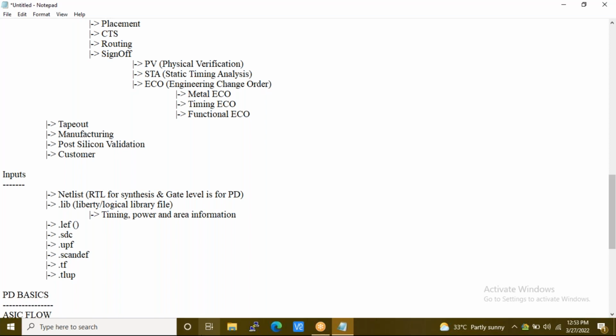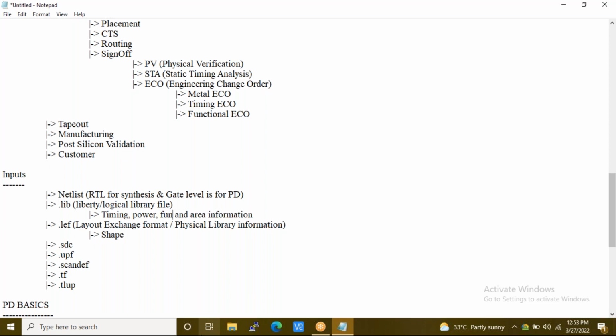LEF is also called Layout Exchange Format, which is also called physical library info. Here you will have timing, power, functionality and area, the shape and location of pins.